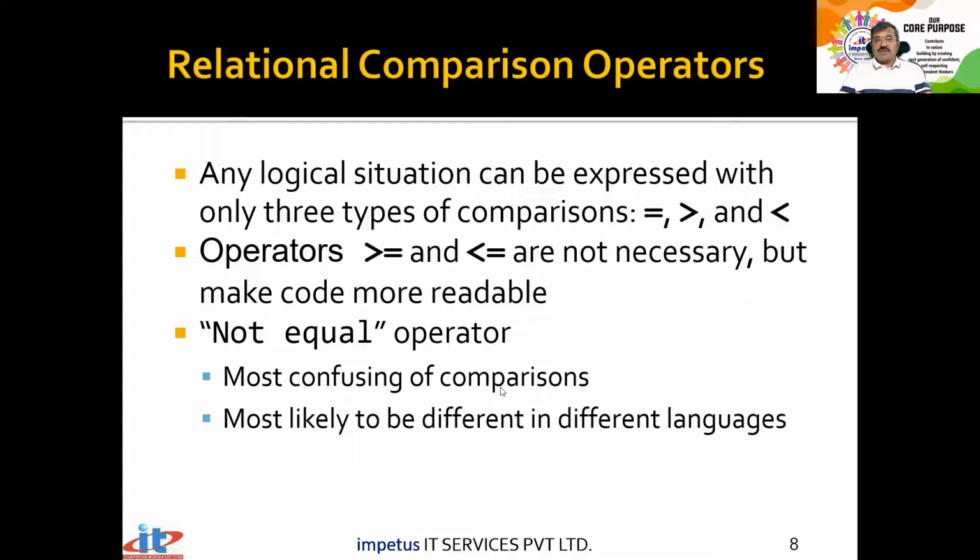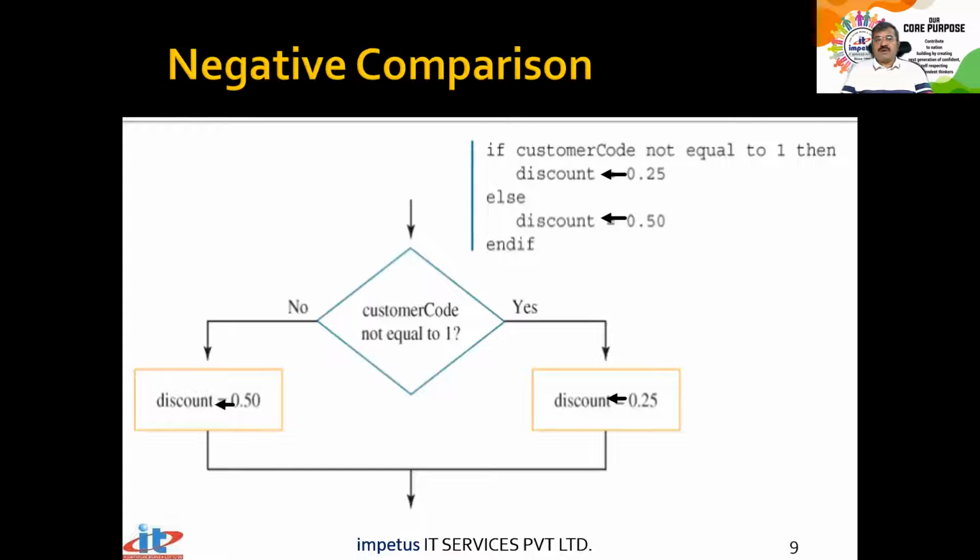The not equal operator is the most confusing for comparisons, most likely because it differs across languages. I told you, one was the angular brackets, the other was the not equal to. So that's actually very complex when we talk about different languages. Have a look at this example. Here we are checking for the customer score. If the customer score